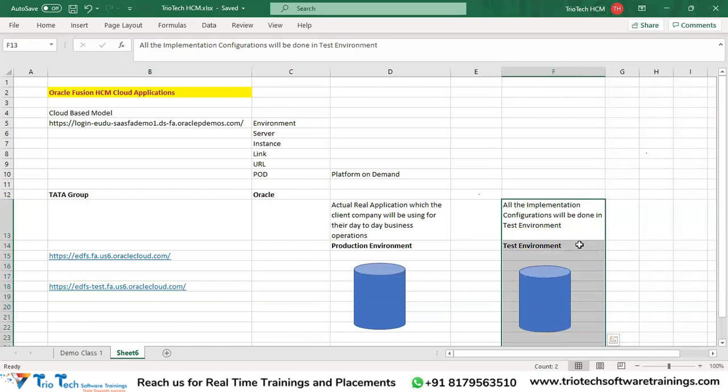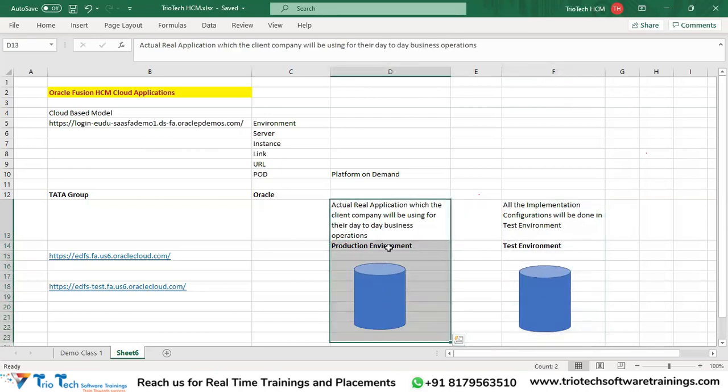In any project that you are working on, you will start configuring every setup or configuration in the test environment. First implementation has to be done in this environment. Once everything is fine, once we give this instance for testing to the client side people, they will do the user testing here. If everything is working fine, they will give the sign off. Then all these setups that we defined, we will move to the production